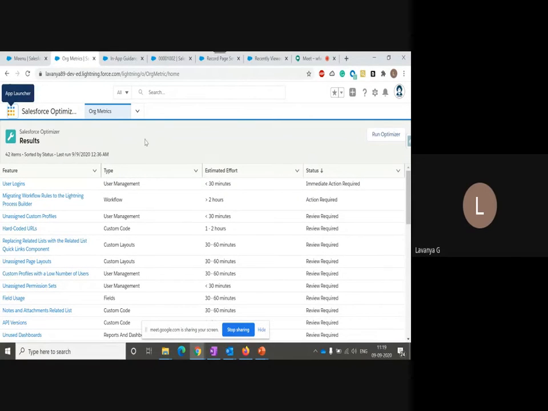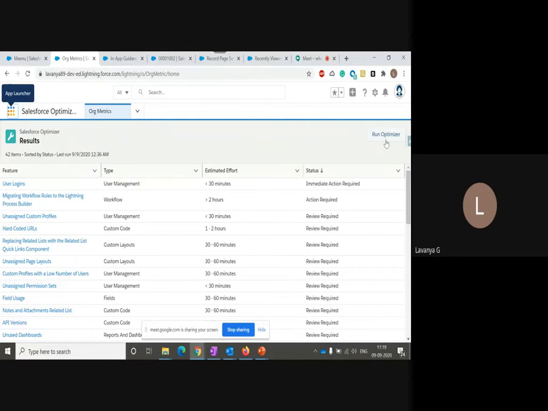What you want to do with the optimizer is just click on the run optimizer button. That's it. It will cover everything. Earlier it was in PDF form. If you clicked on the link, it would just provide the PDF. If you are asking whether the PDF is also available with this one, I will say yes.